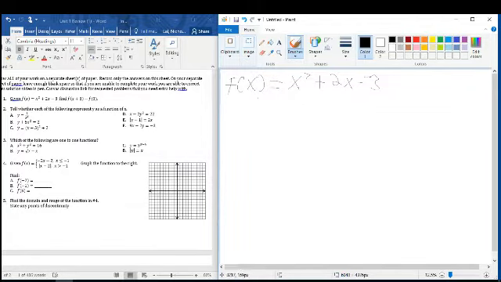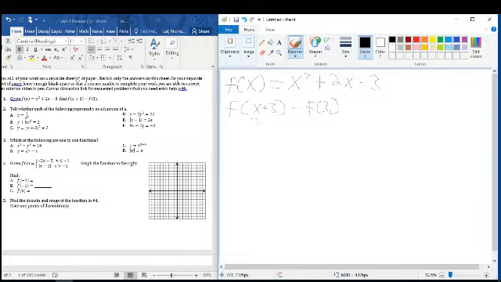And we need to find f of x plus 3 minus f of 3. All right, so what we need to do is plug in x plus 3 into the equation, plug in 3